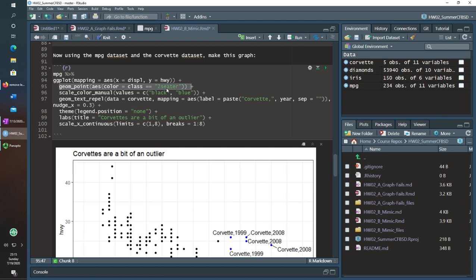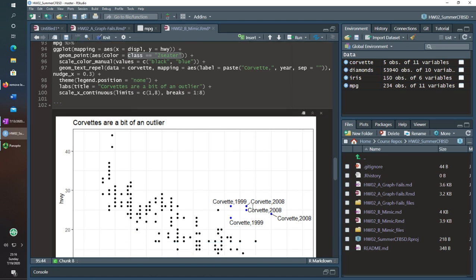And what this means is essentially it asks this question first, class is equal to two-seater, true or false. Now, two-seater ends up highlighting the Corvettes.